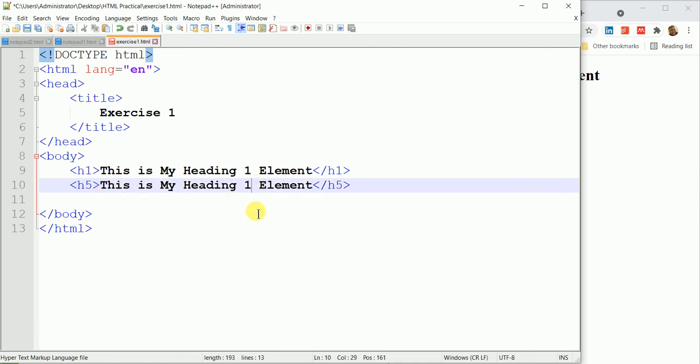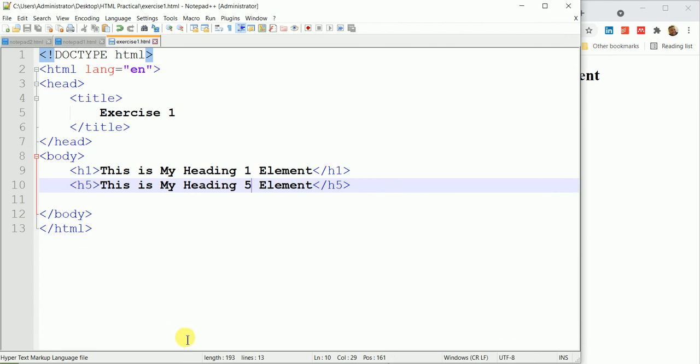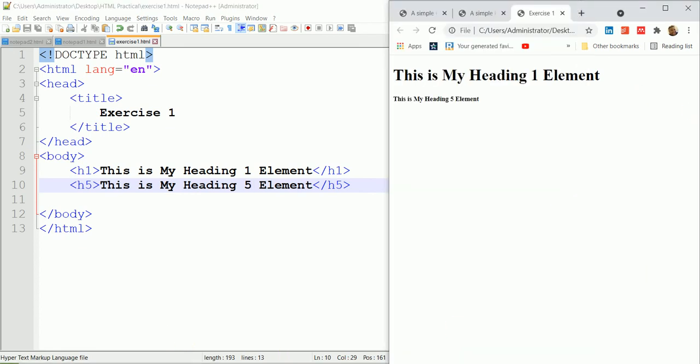So this is my heading 5 element, and then you save all, and then you come here and refresh. So this is your heading 1, this is your heading 5 element. So that is how you use your elements and the tags. And then for paragraph,